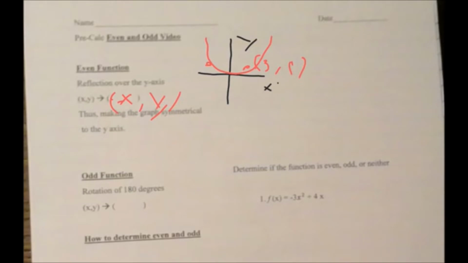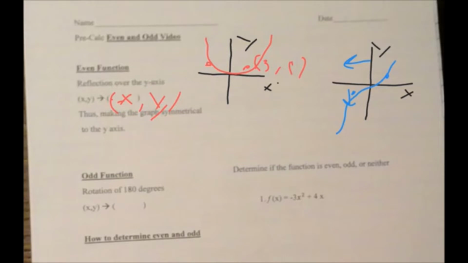Now if we're looking at odd function, it says rotation of 180 degrees. So you have your axes here. We have our point (3, 1). What you do here is you flip the graph upside down, so your point will end up over here. You go to (-3, -1) down here, and like I said, if we have a graph of x cubed that